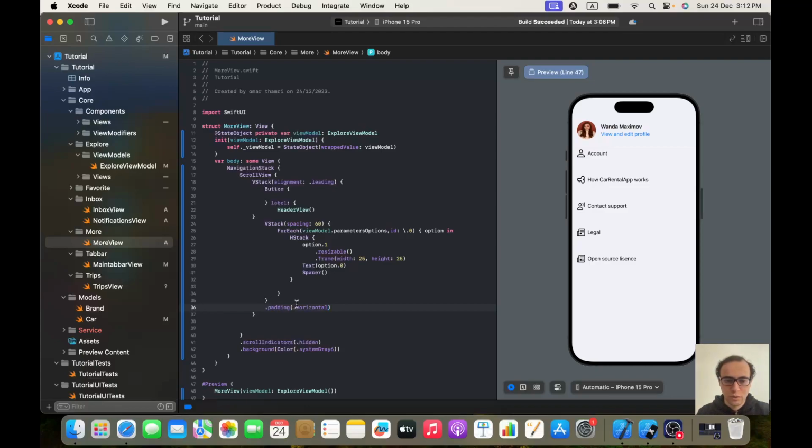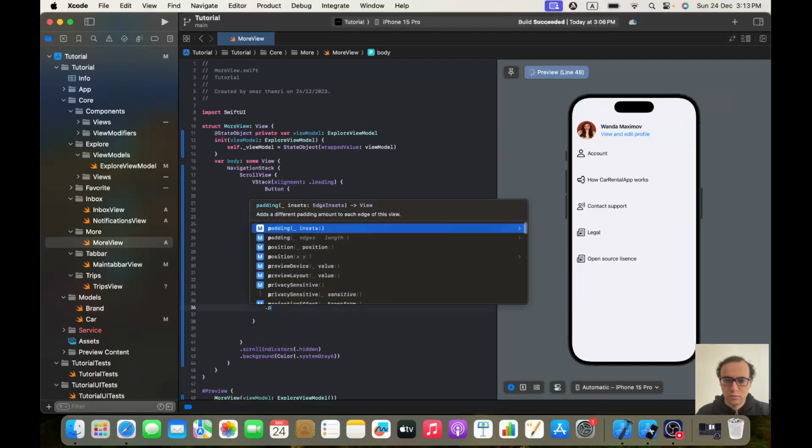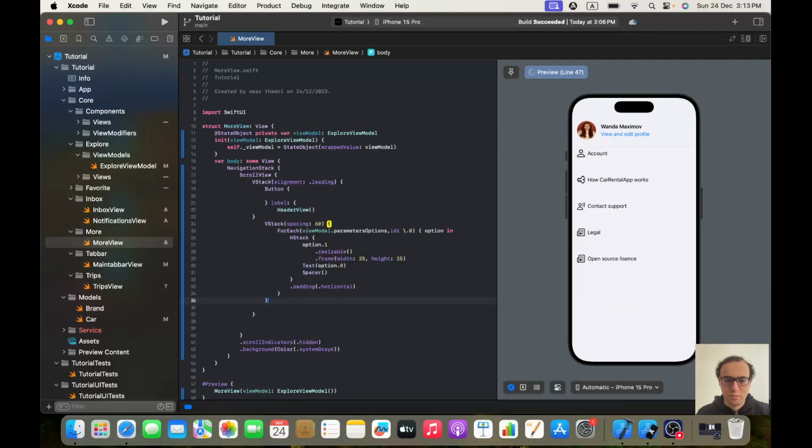Probably not the best idea, this one. I think let's try a padding. Okay, I think it's better, it's more beautiful this way with a dot padding. You know what, I will give it this way. I will give it to the a stack padding, that will be dot horizontal, and for the v stack I will just give it, or no, let's make it this way, dot padding to the a stack, because